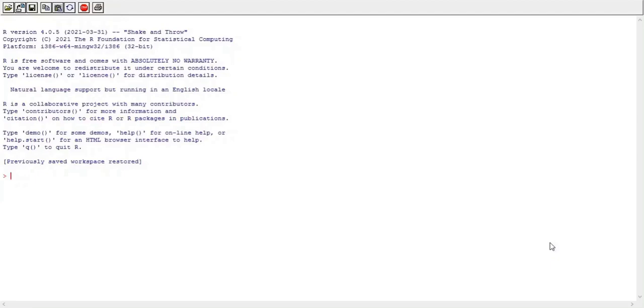A data frame is basically a tabular structure, that is, we can store data in a tabular format. We can store data in a table by using a data frame. A data frame is again a heterogeneous data structure in R, same as a list. That is, in a data frame also we can store different types of data. The only restriction is that all the components of a data frame must be of the same length, or equal length.